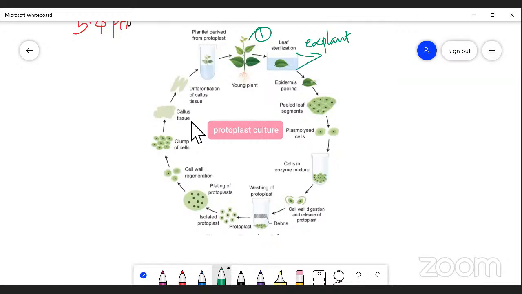Now, the sterilized leaves are cut into a number of pieces. From the pieces, in the second step, we are going to remove